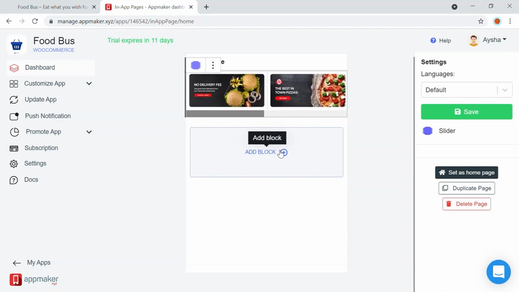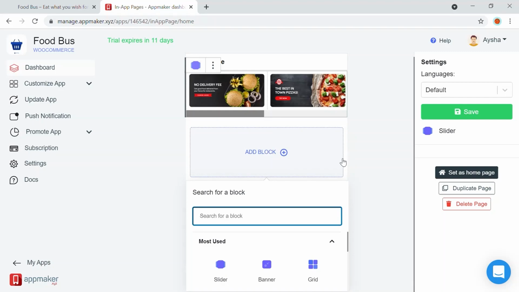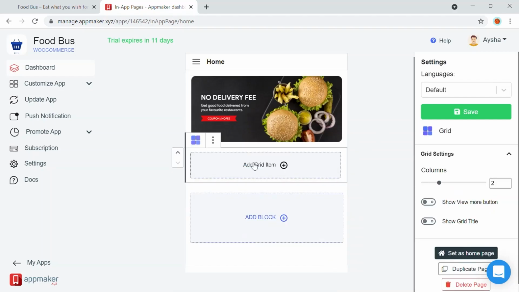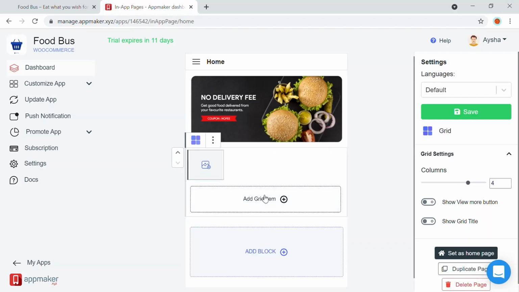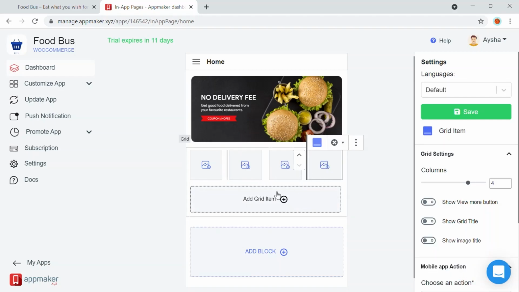So next I'm going to add a few categories for my website. Since my website is a food delivery website, there will be categories or cuisines that I'll be offering. So for that, I'm going to click onto the grid option right here. Then you can choose how many grids you want. I'm going to choose 4 right here. So that will be the grid that I'm using. Then I'm going to add the grid right here. So there's a 4 grid option.